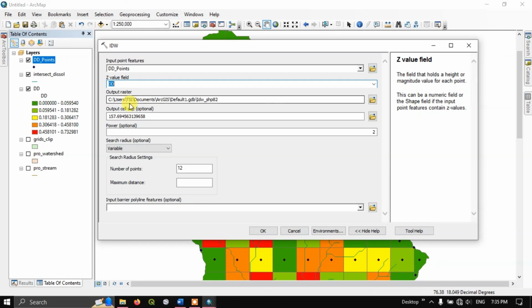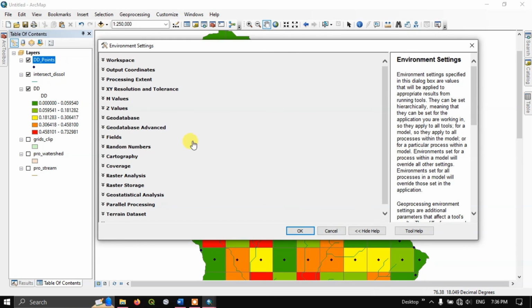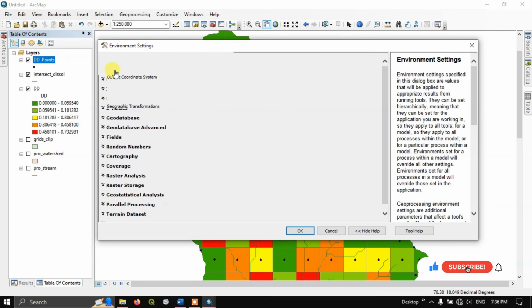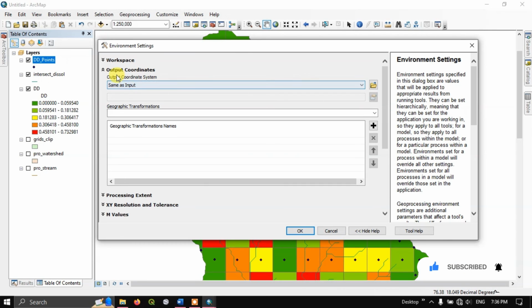You can choose the output location, whichever. Select Environments. Here I am going to choose the output coordinates,